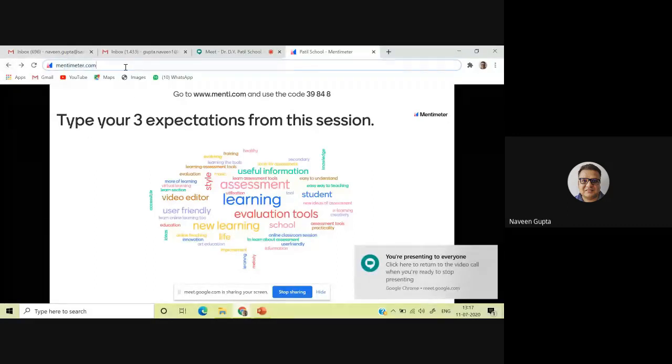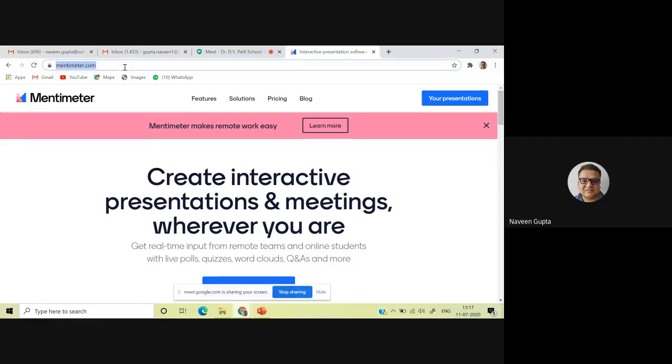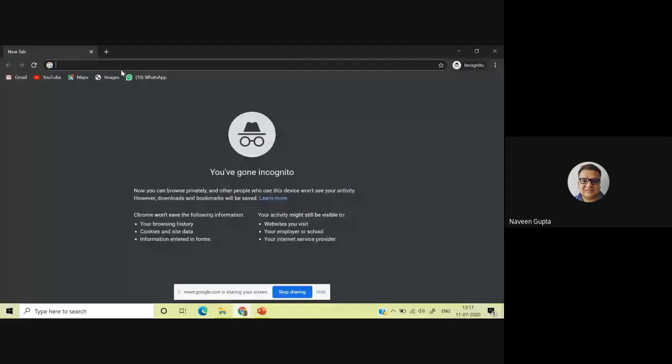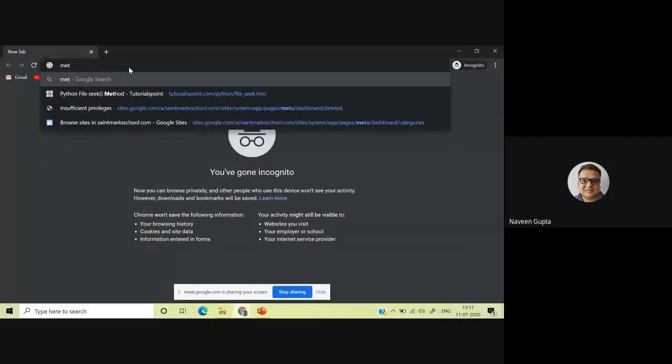So open this website called mentimeter.com. Please start noting down. You can open the website, like I am opening another tab, so that I can show you how to sign up. You just open the site mentimeter.com.